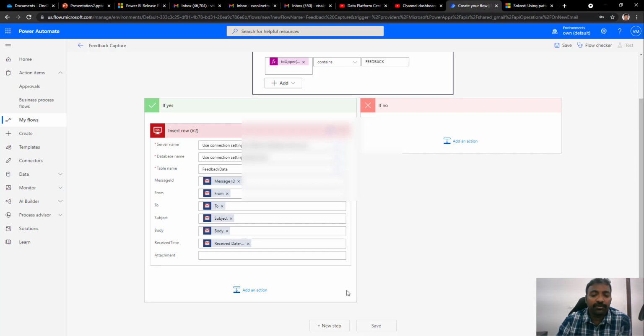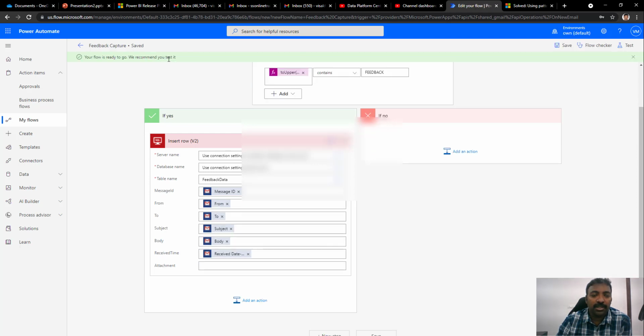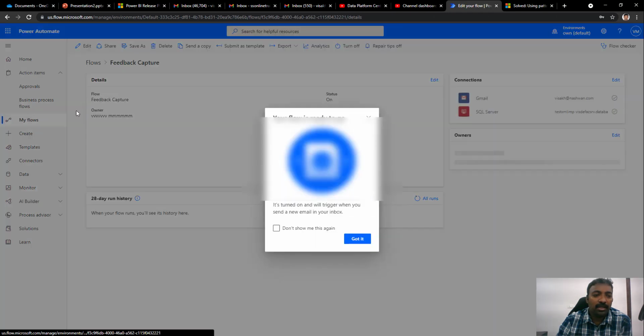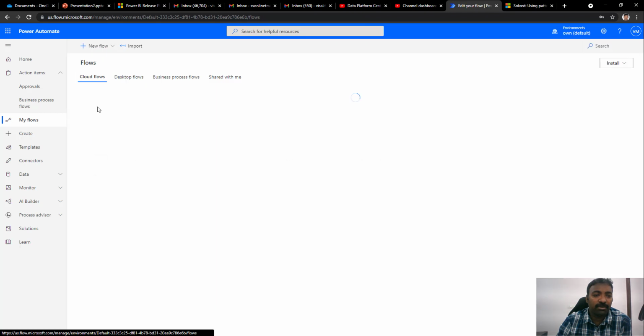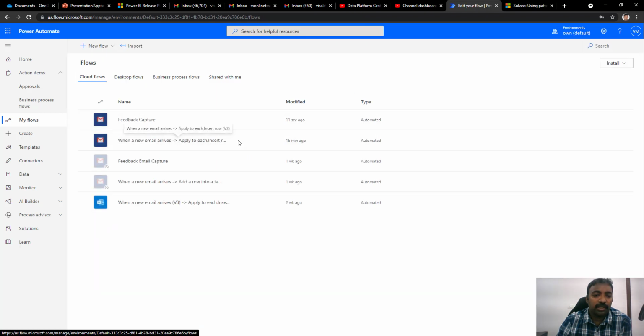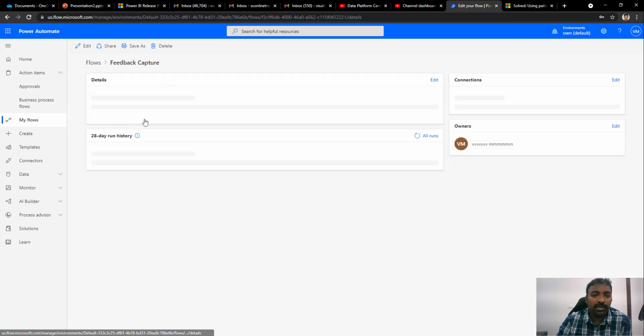So now that you have set the flow, just click it to save, so that it will get saved, and automatically it will ask you to test it. So what you can do is we can test it. You can go back, and I think I have already another flow which is there on the same thing. So I will first disable that flow. So this was the earlier flow. I am going to disable this, and I am going to use this flow instead now.